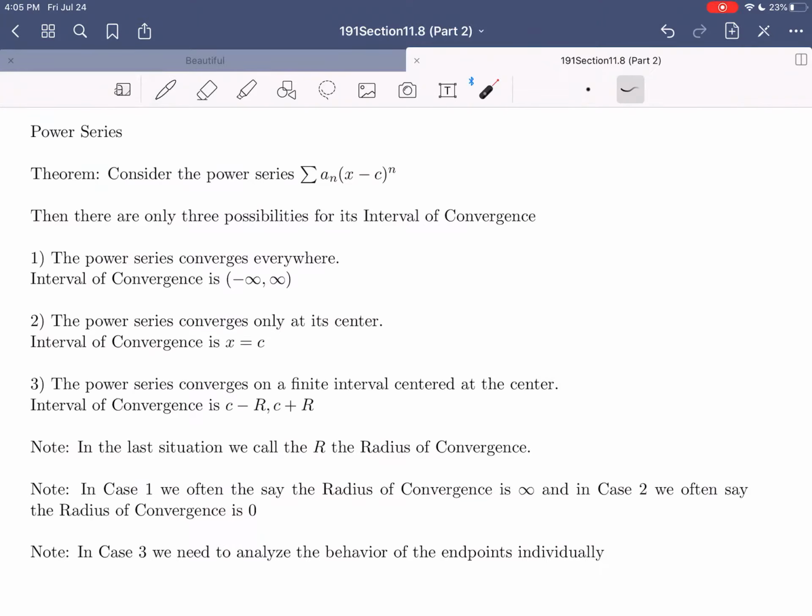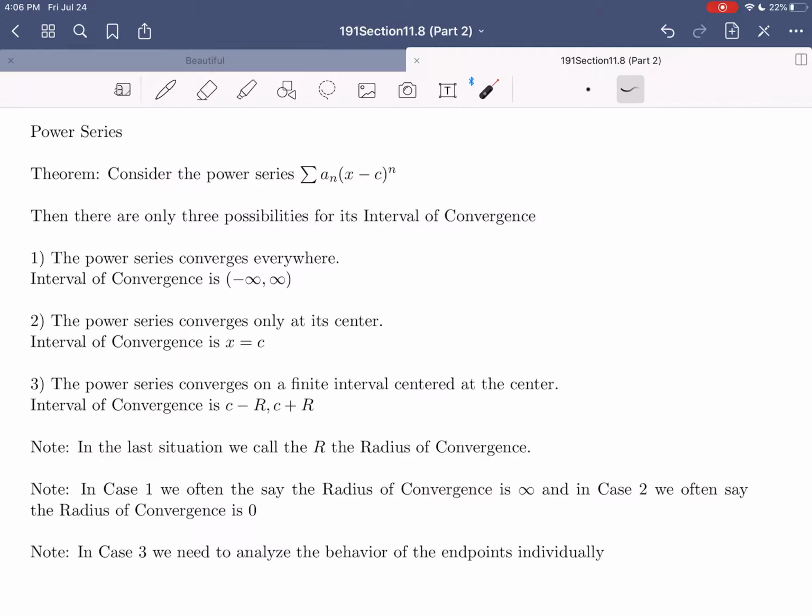In today's video, we're going to be finishing up section 11.8 from your textbook, which was our introduction into power series. Remember that a power series is a function that when you input an x value gives you an infinite series. And these power series, we consider them well defined if the series that they output is a convergent series. And we defined a concept similar to the domain, which is the interval of convergence. And remember, the interval of convergence is the collection of all x values that when inputted into your power series